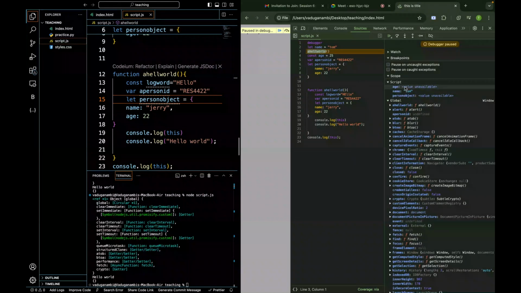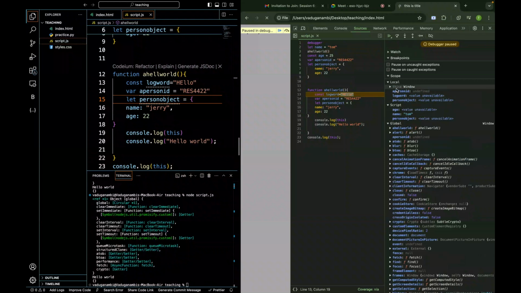Okay, so here we could see the same thing happening, right? So name was declared, and we could see that again. I've not used names inside this, but we could see that, as soon as this function gets called, and we'll move on, we could see the same thing: the person ID, log word, and person object, all of these were created. And you could also see the person ID is also listed over here, because it is still just trying to access whatever is in the global state. Okay, and it is coming back here, and this window was created, and the person ID, log word, and the same thing will happen. So if I move forward, right, I'll go a little bit forward again,